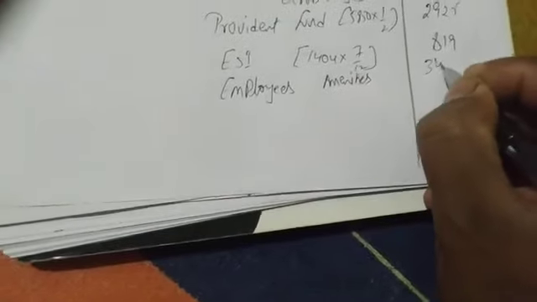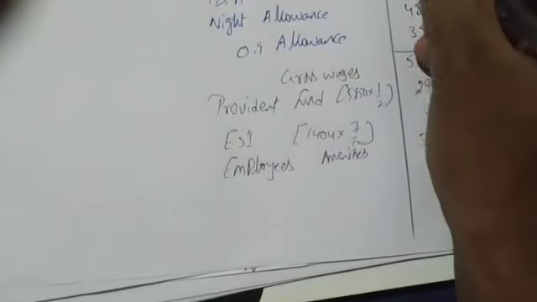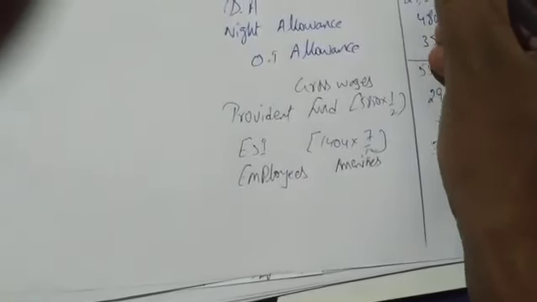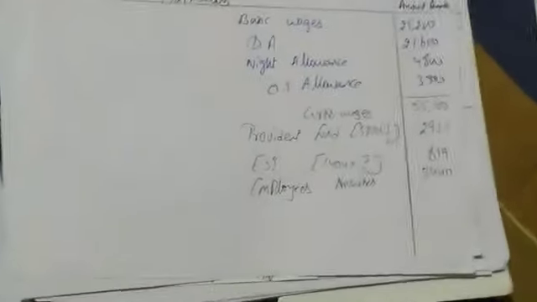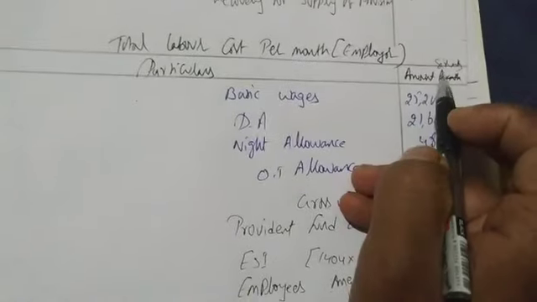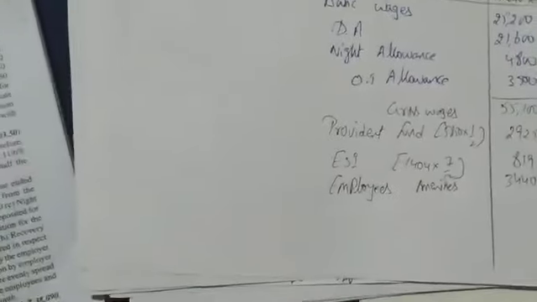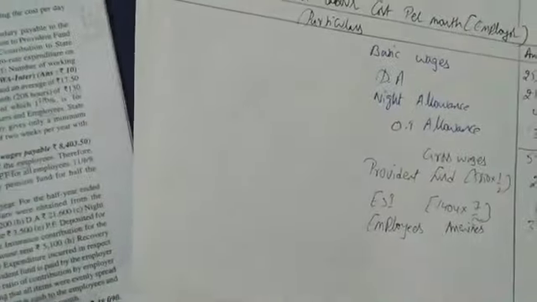The amount is 3440. This is for 6 months. The entire amount is for 6 months, and we have to find out per month. So here I strike off this 6 months with this amount. Okay, done. What is left?